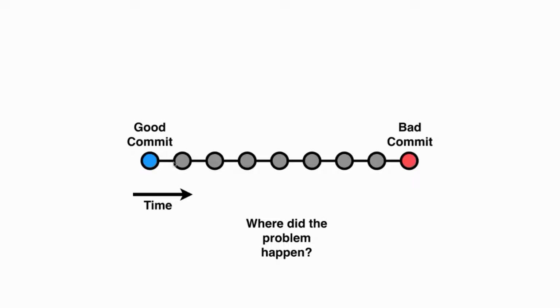So what you could do is you could check out this version and say, does it work? Then you check out this version and say, does it work? And then this version, this, and so on and so on. But Git provides a way called Git Bisect that makes this a little faster. And it uses this basic idea of